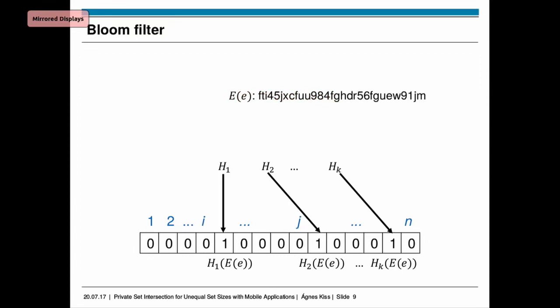Of course, we will never insert plain text elements in this Bloom filter, because that would be insecure. So we first encrypt it and then insert it in the Bloom filter. I just want to point out that we never insert clear text elements in the Bloom filter. And the false positive rate can be controlled by making this array larger. So if we want smaller false positive rates, then we will have a larger array. But it's a much better way to store the database than just storing it encrypted.